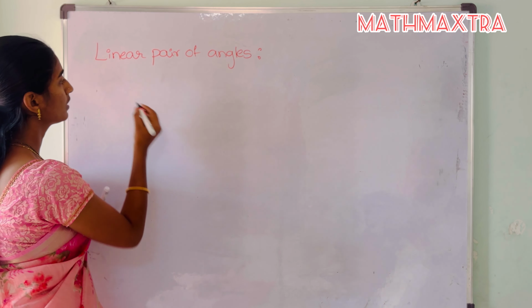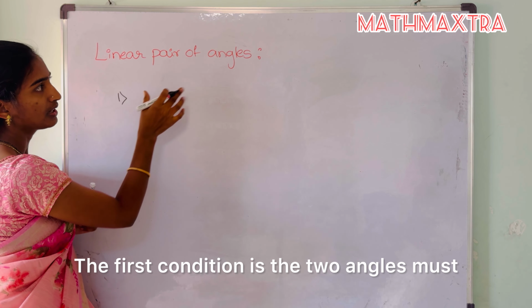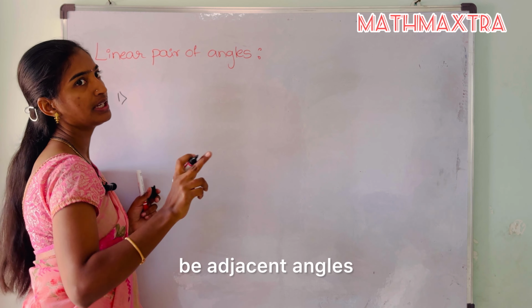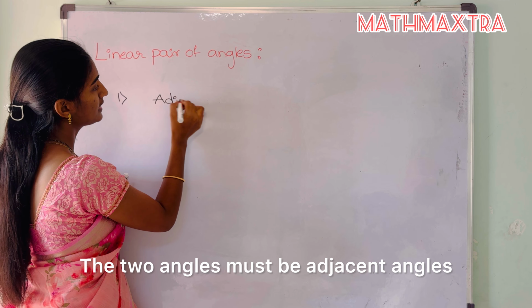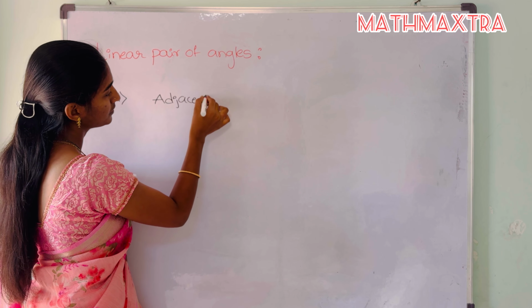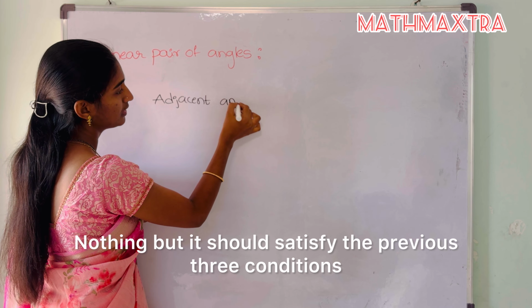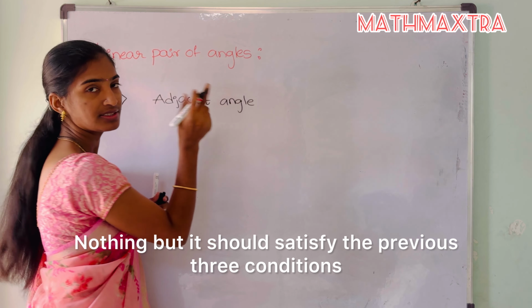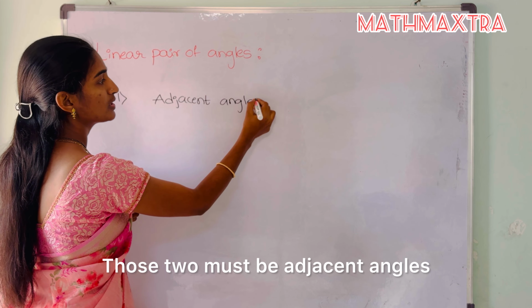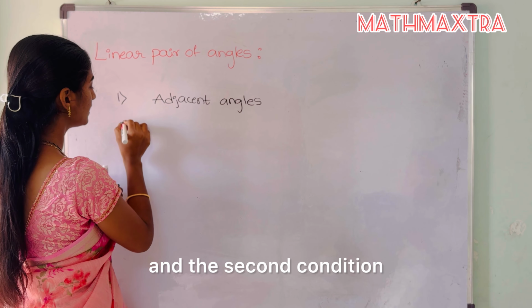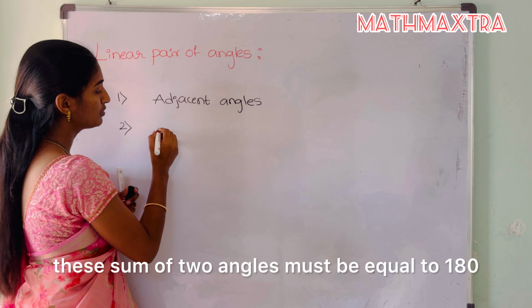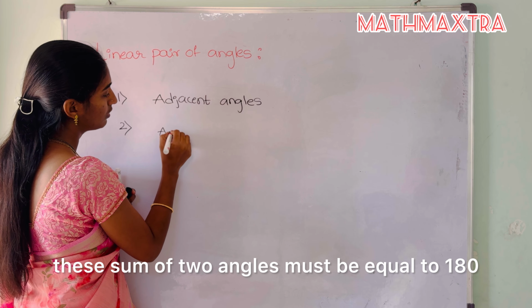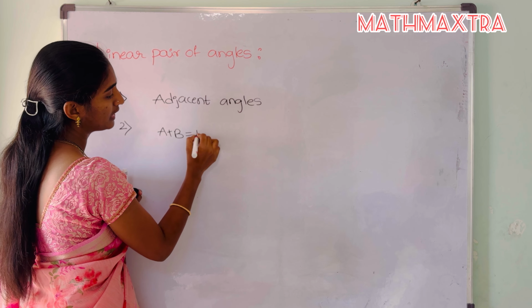The first condition is that the two angles must be adjacent angles. Nothing but it should satisfy the previous three conditions. Those two must be adjacent angles. And the second condition, the sum of the two angles must be equal to 180